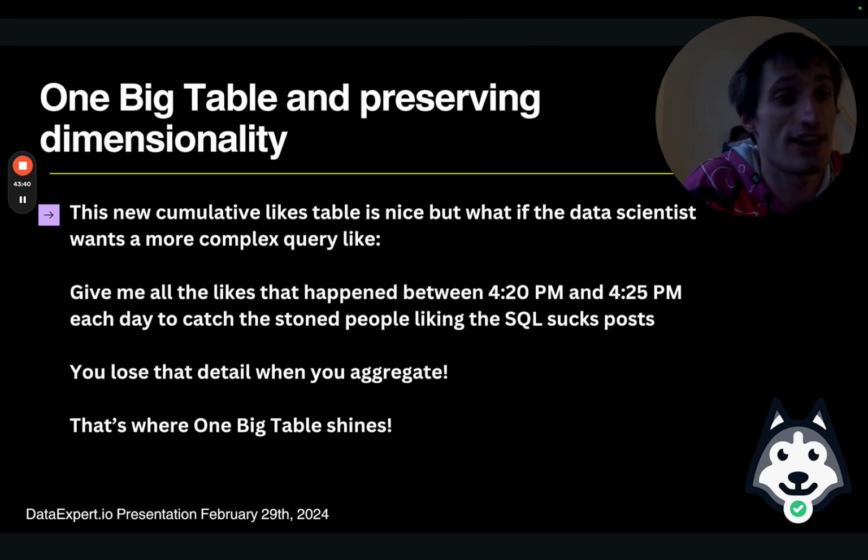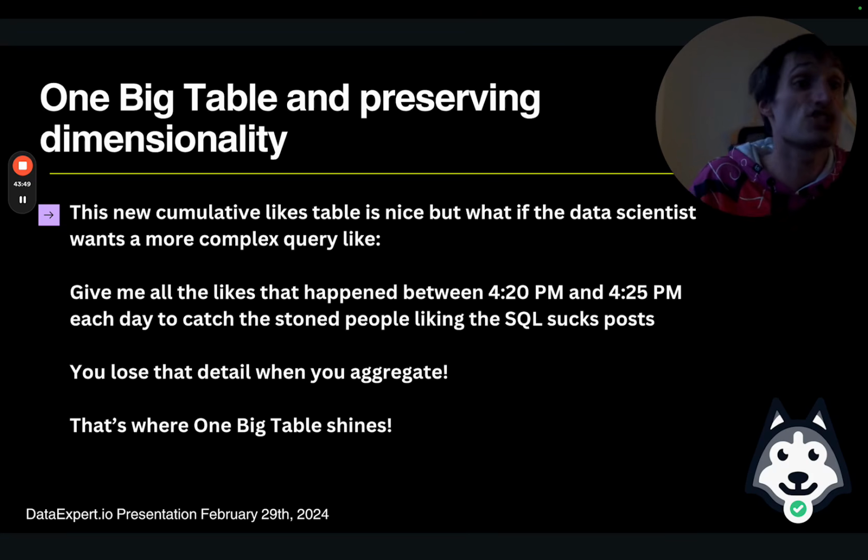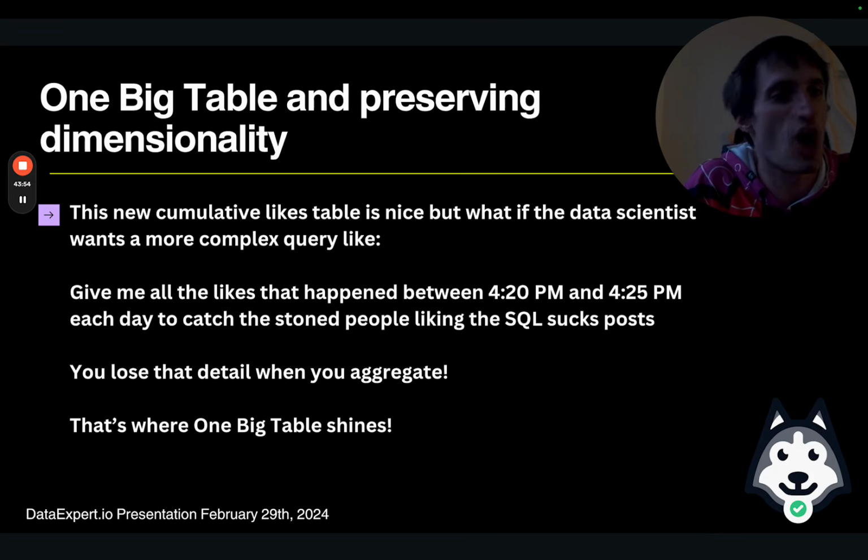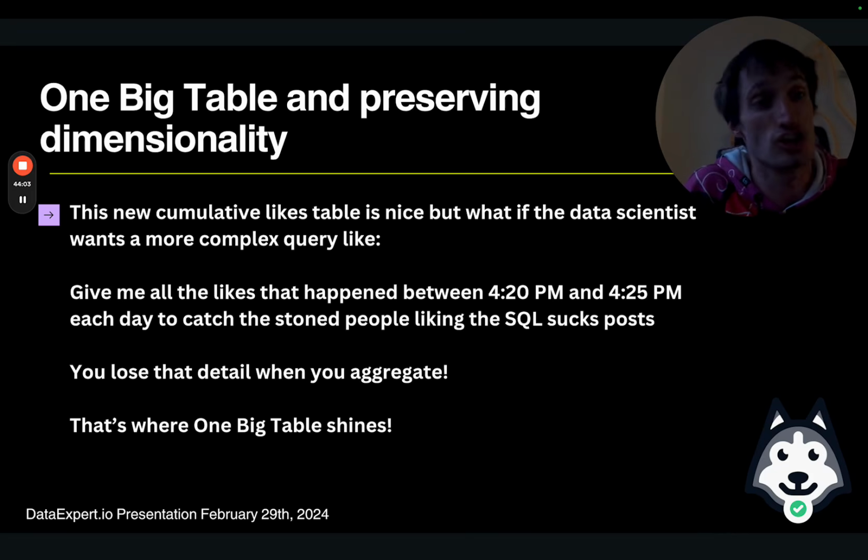I want to give another example here. When I worked at Facebook in 2017, Facebook saw the first drop in growth in the entire history of the company. So what happened was we wanted to dig through all of the data and understand all the slow burning, long-term trends. What I did was set up a one big table architecture so people can use these array functions and map them to dimensions, so then they can read 10 years of data very efficiently, and they don't have to shuffle